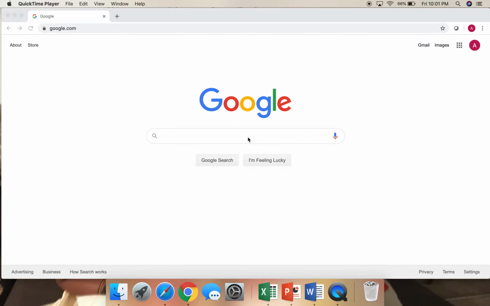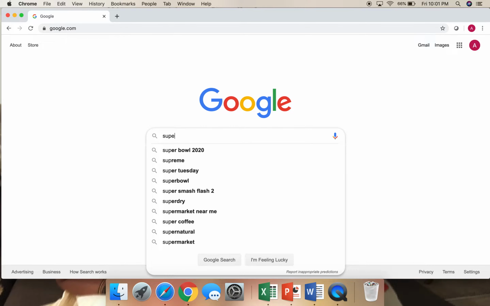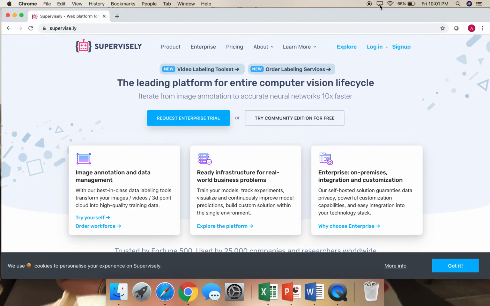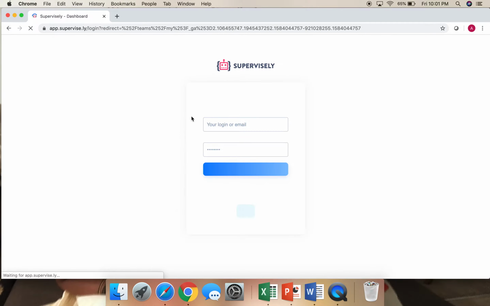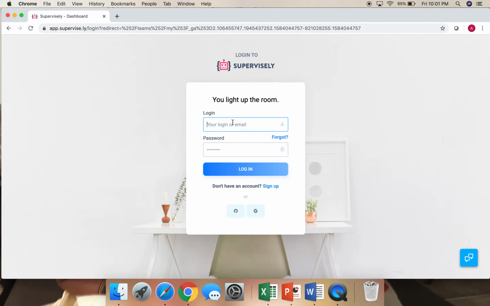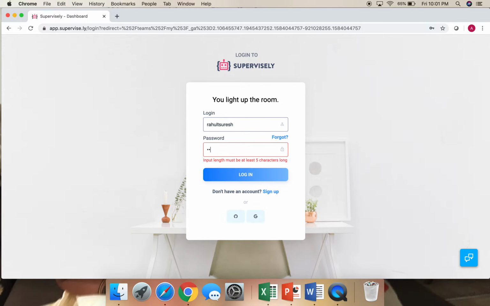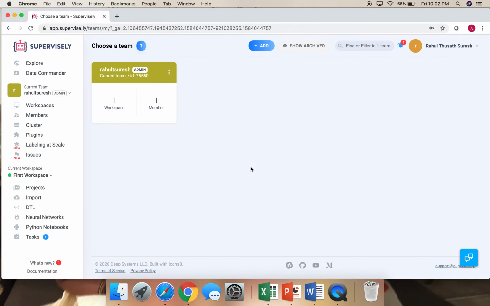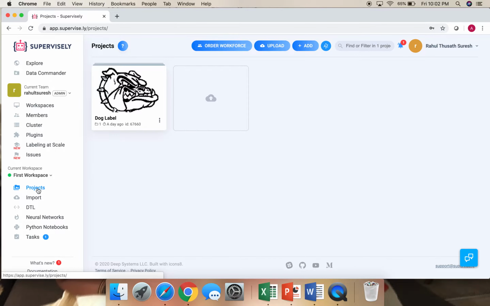Okay, the first thing you want to do is go on Google and type in Supervisely, and then click on the first link that comes up, and then right over here, login. And then we'll provide you with a username, but for right now, I'll just use Rahul T. Suresh, and the password is always going to be Deep Learning 1987. So log in, and then come to the left over here, click on projects, and depending on